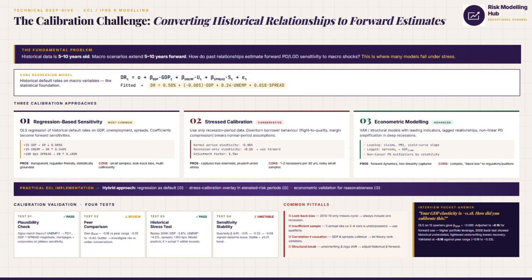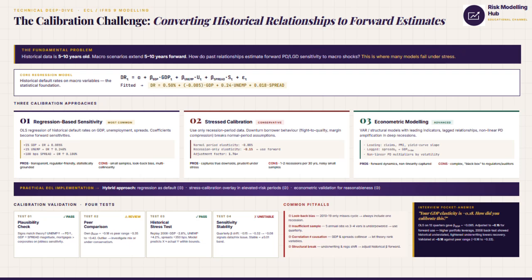I know it sounds a bit tough, but as we progress along in the series, we'll see everything. So don't worry, right? Common pitfalls include look back bias from using only the benign history, structural breaks when regulations change underwriting standards, correlation breakdowns when spreads and GDP decouple, and overfitting when you add too many variables to chase the R square, right?